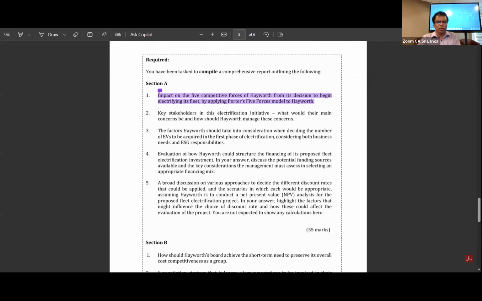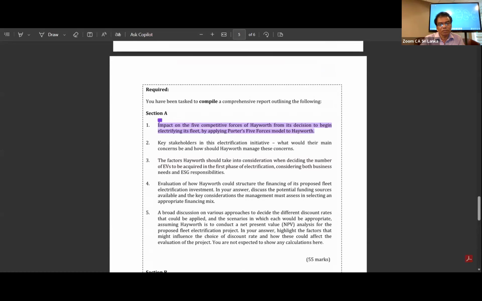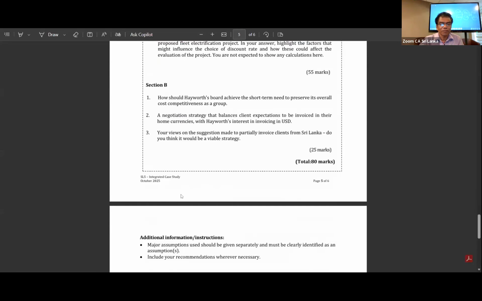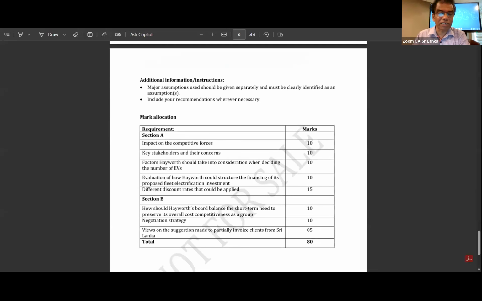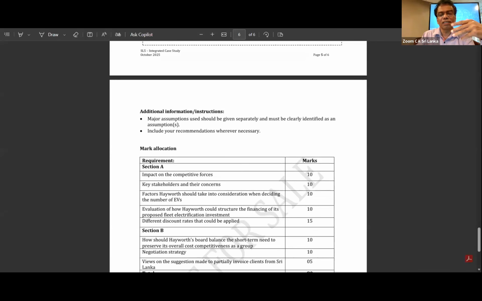There are the ESG responsibilities, everything you have to write. If you only look at this, you will say 75 vehicles, okay, and you write down various irrelevant facts for that. So you are not going to justify it by the number. You have to justify why you selected that number. Now you understand that common mistake, right? You are doing this. Those are the things to be corrected this time.